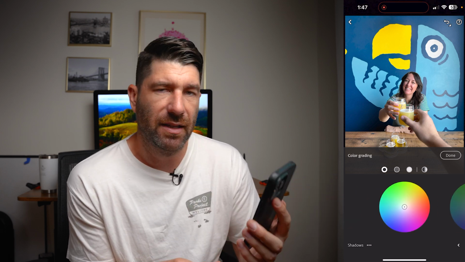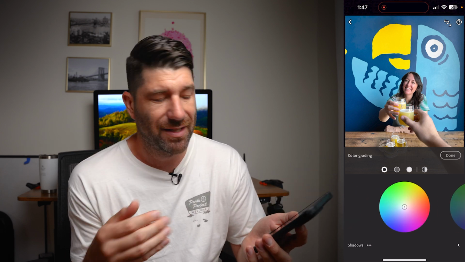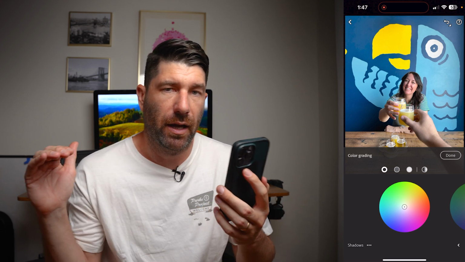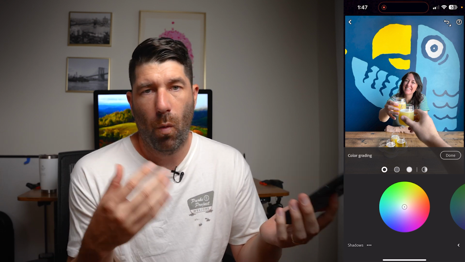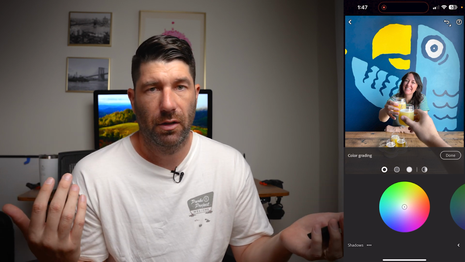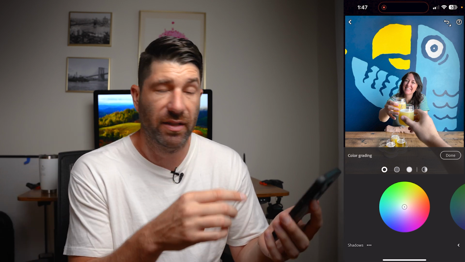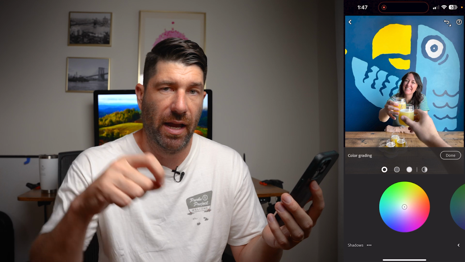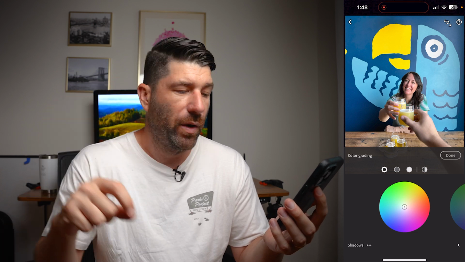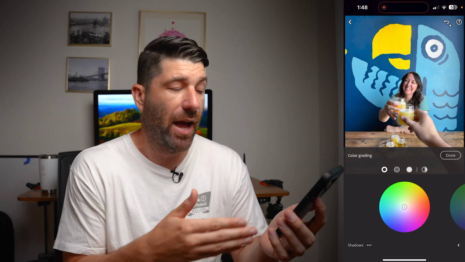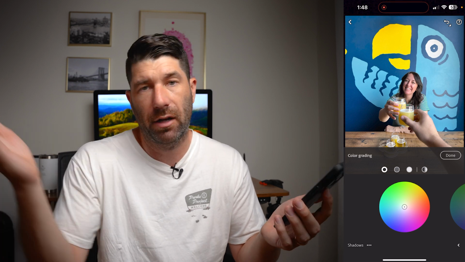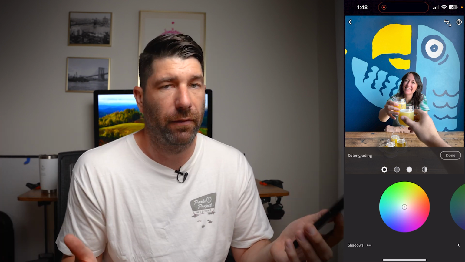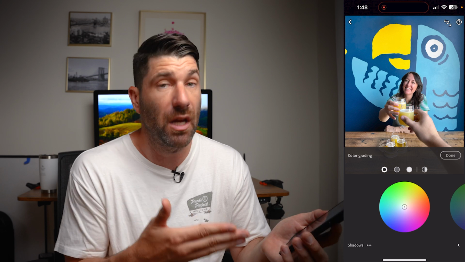Now what this does is it allows us to put certain colors in our shadows and in our highlights. And the way that I like to think about this is a part of what is called color contrast. So we can add contrast in a slider, we can add contrast in a curves, we can add contrast with the contrast slider, we can add contrast by increasing our whites and increasing our blacks, by increasing our highlights and decreasing our shadows. There's a lot of different ways to create contrast, but a really unique one is with